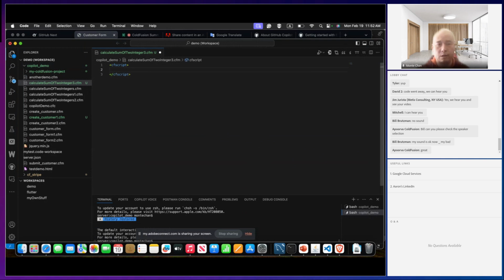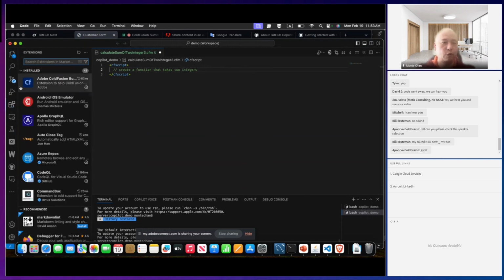Okay. So you can start by writing a comment, say create a function that takes two integers and return the sum. So as you can see right now, you're already seeing the Copilot. Oh, actually, before that, I am kind of jumping the gun at this moment. To install that Copilot